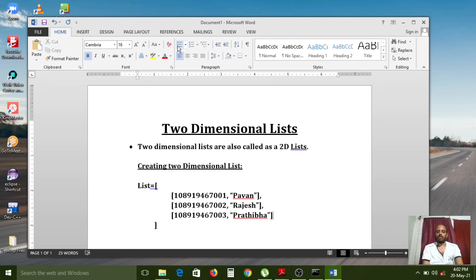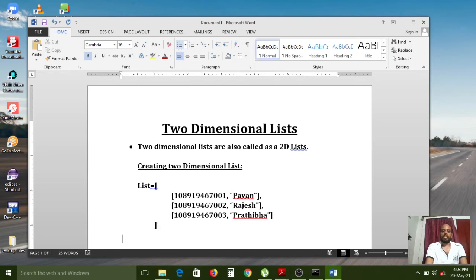If you want to store a number of records, you can just use square brackets as well as a comma as a separator. From one record to another record, you need to show the difference using one comma. Here the data is stored in key and value pairs. Here the key is the hall ticket number and the value is the name. Key-value pair data, nothing but two-dimensional data, we have to maintain.